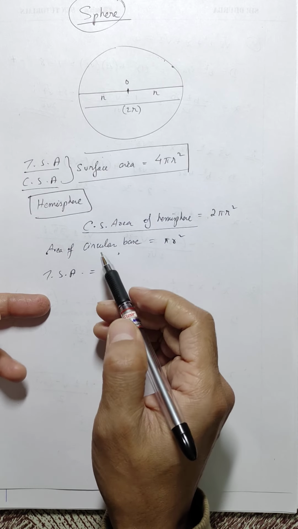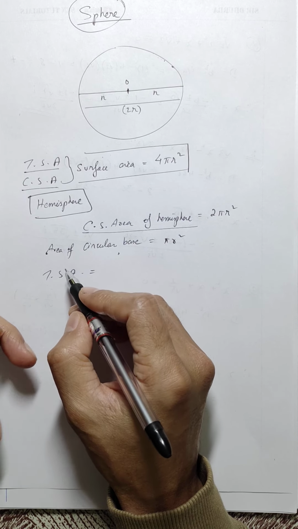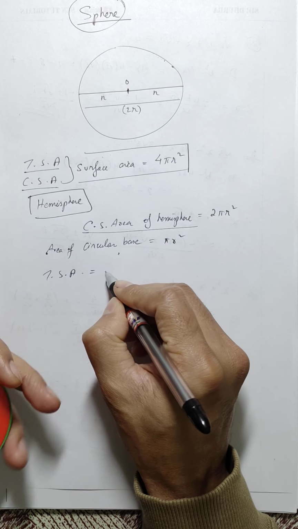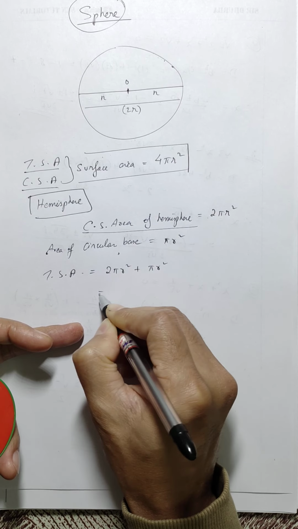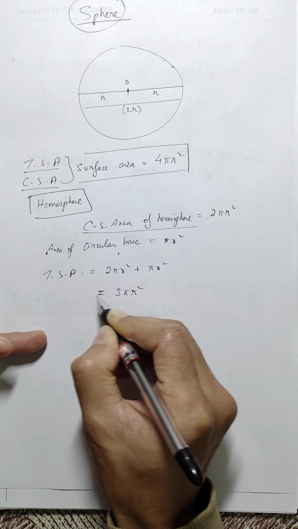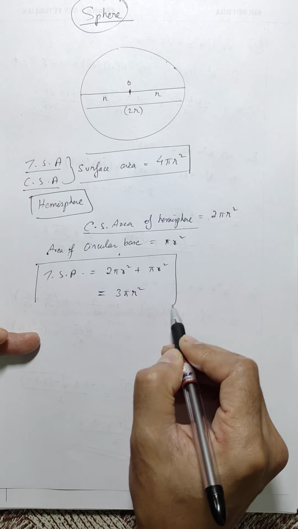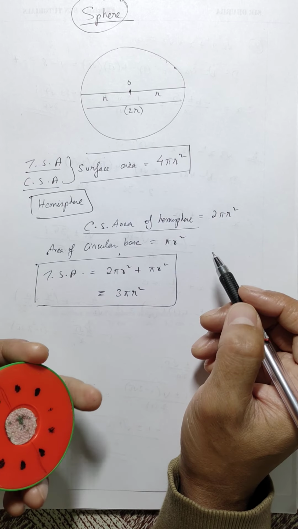So in that case, for a solid sphere, or if it is closed, then it will be total surface area, and that will be given by the curved surface area plus area of the circular base. So that formula will be given by 3 pi r square. Simple as that. All right, so do read the questions properly especially when you talk of a hemisphere, because sometimes